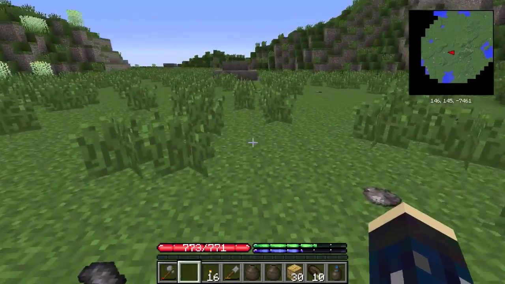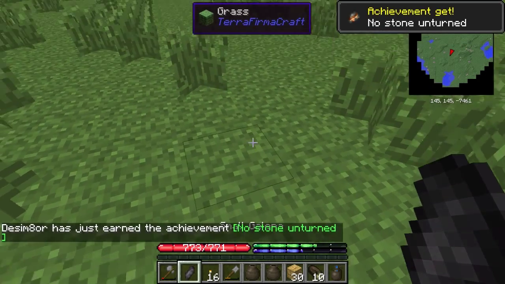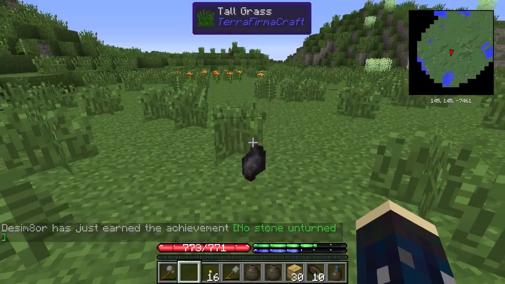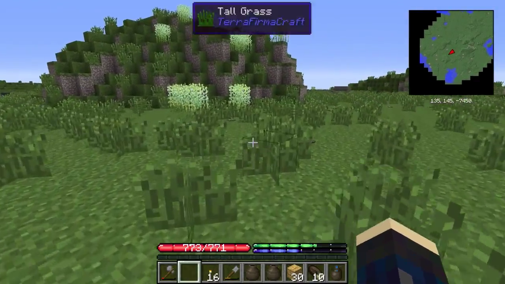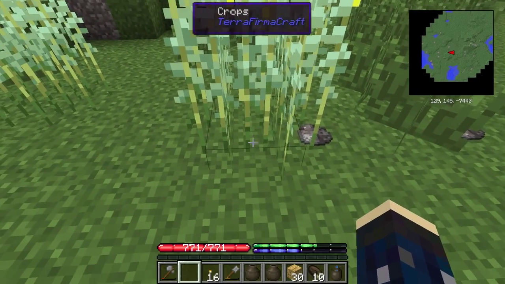Okay, this is our first hint of minerals. This here on the ground is... where is it? Galena. Great. Galena is lead in ore form, and lead, as far as I'm aware, doesn't have any use in the game. However, this stuff here, which does look like it's fully grown,